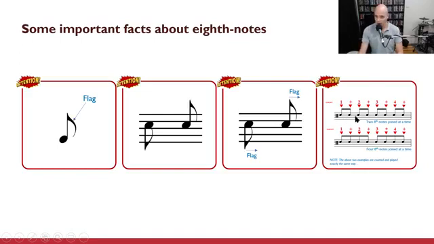Now, this is one of those things you just choose to do. In fact, if they were all eighth notes in that measure, you could join all of them, but then you're joining 8 of them together. The problem with doing that is it becomes difficult to see how many eighth notes you're actually dealing with. So in practice, when we see music written out with eighth notes, we usually see them joined